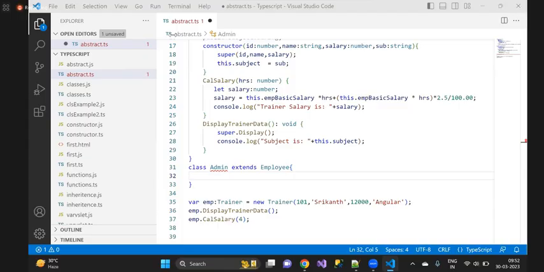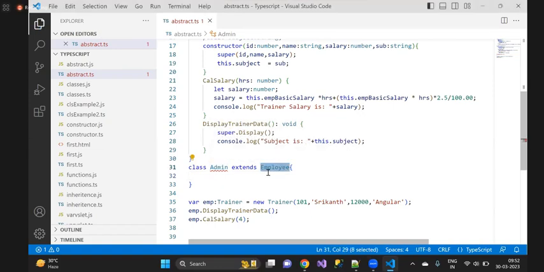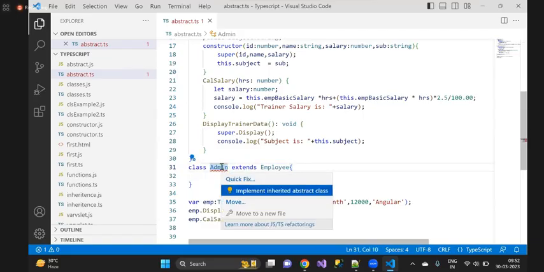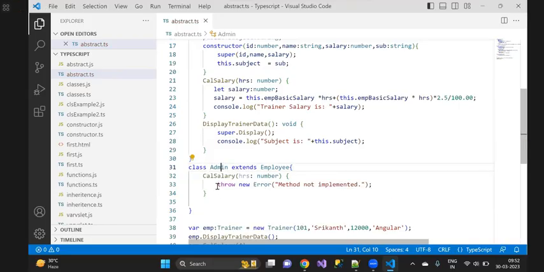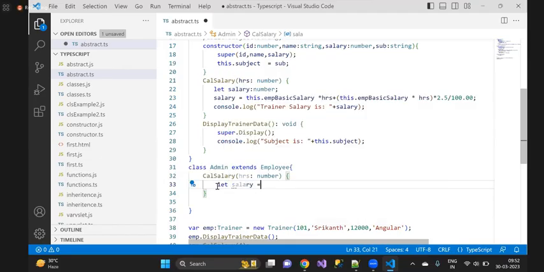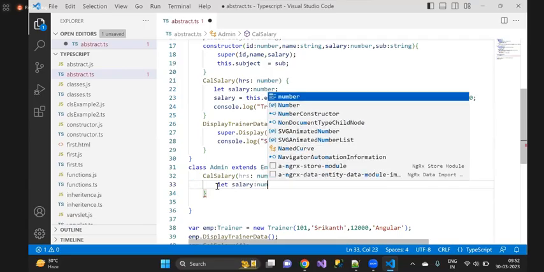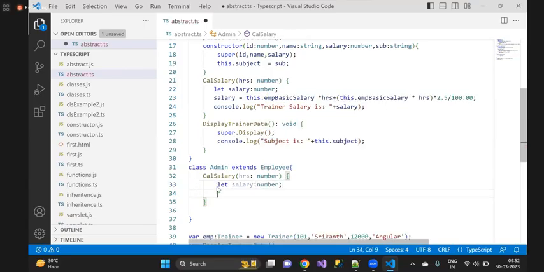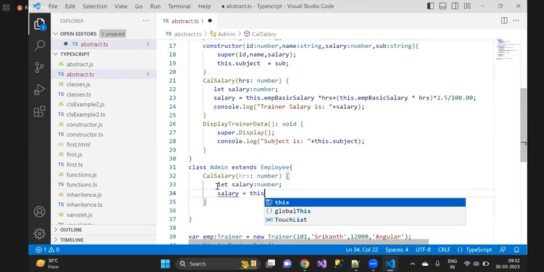Yes, we can do that one. You can try. Okay. Now you can see Admin is the class, and which extends from where? Employee. Now once it extends from Employee, here also we have to provide the new implementation. Understood? We have to provide a new implementation here. Now how do we write? Same. Maybe let's say let salary, which is of type number, and here salary is equal to, you can write some other implementation,